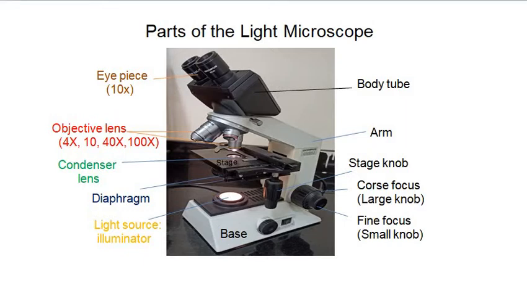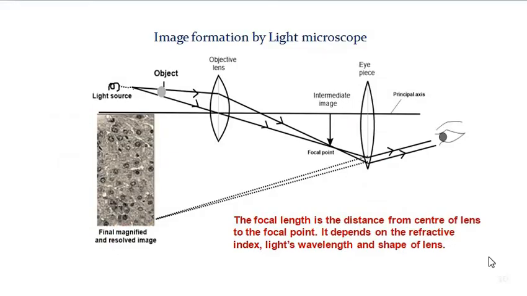So how does the microscope form the image with the help of the lens system and the light source? This is an object to be observed under the microscope. The light passes through the object and falls on the objective lens, and the objective lens forms the magnified image here. The light converges onto one focal point, because when light passes through the object and then through the objective lens, it bends.